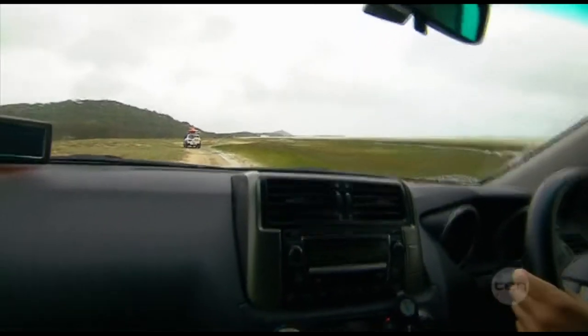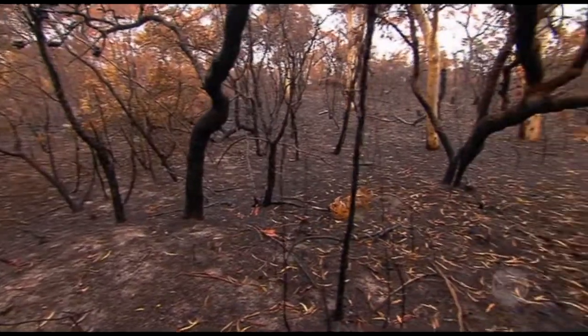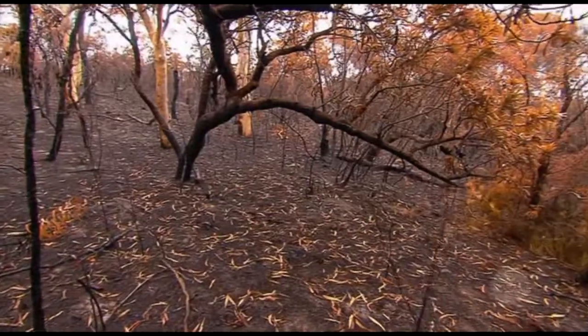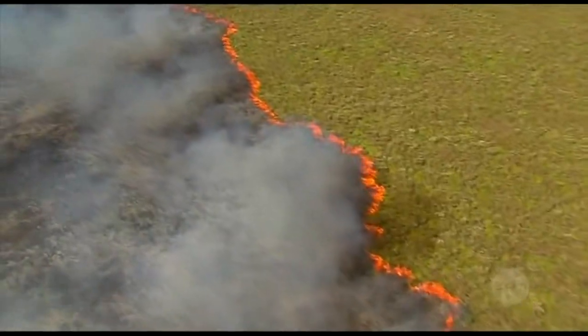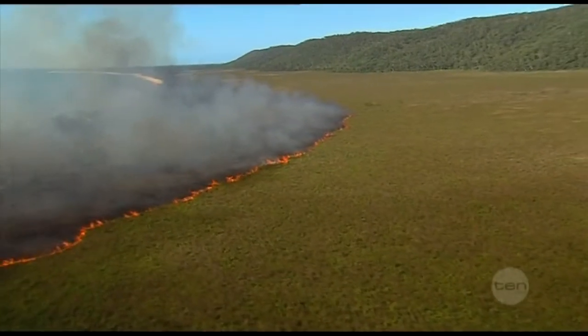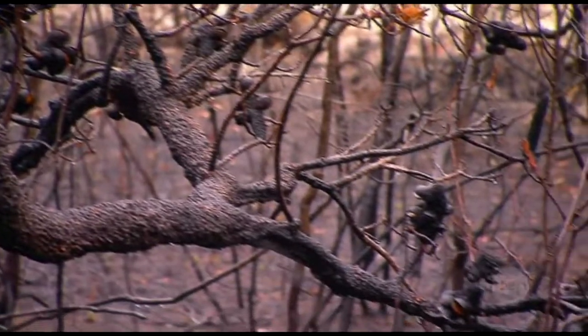Now it's time to move away from the beach and head inland a little to a very different scene. This blackened landscape is the result of a fire that recently swept across a large area of the island. Human activity was the cause of much destruction, but on the bright side, some of the plant species actually welcomed